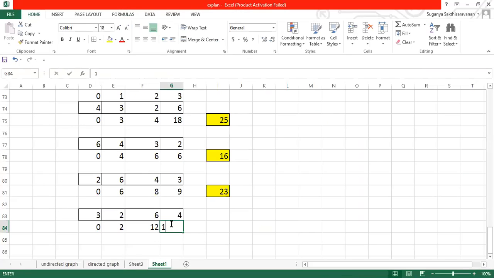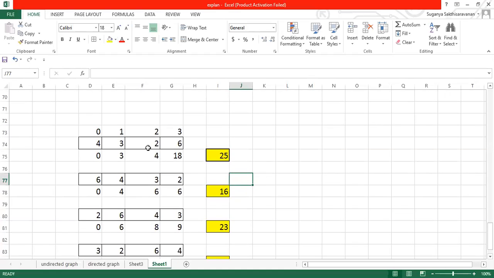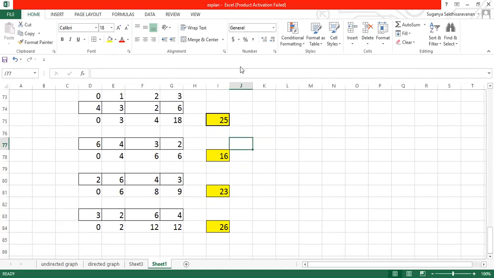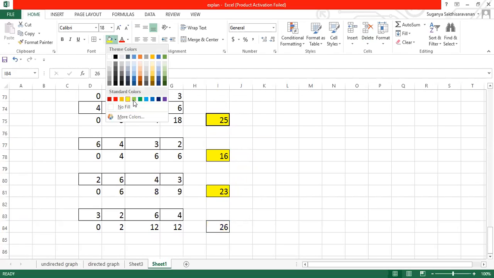Okay, fine. Followed by 12. When you do the summation of this, we'll be getting 26 as the answer. So we are going to rotate this particular integer array for all the possible combinations. Rotation is applied to the array with all the possible combinations, and we are supposed to take the maximum value which can be formed with the combination.